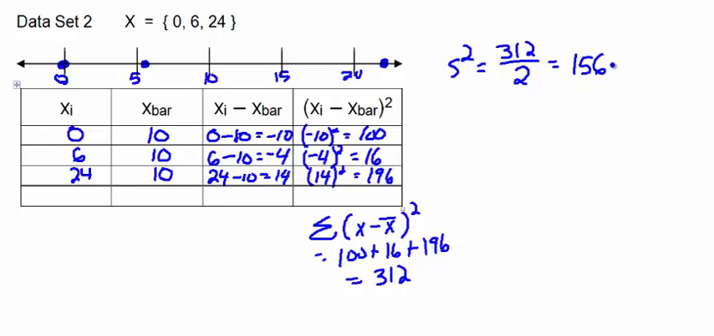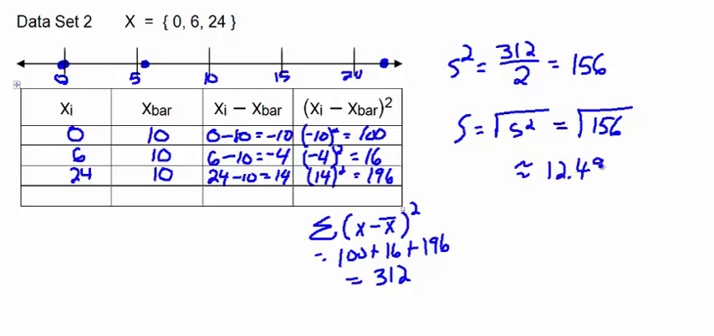Now these units are squared, so we need to find the standard deviation, which is the square root of the variance, and that gives us the same units as the original data. So the square root of 156 for our s is approximately 12.49. So this is larger than we had on the first data set because there's more spread. And what this value is telling us is the average deviation away from the mean